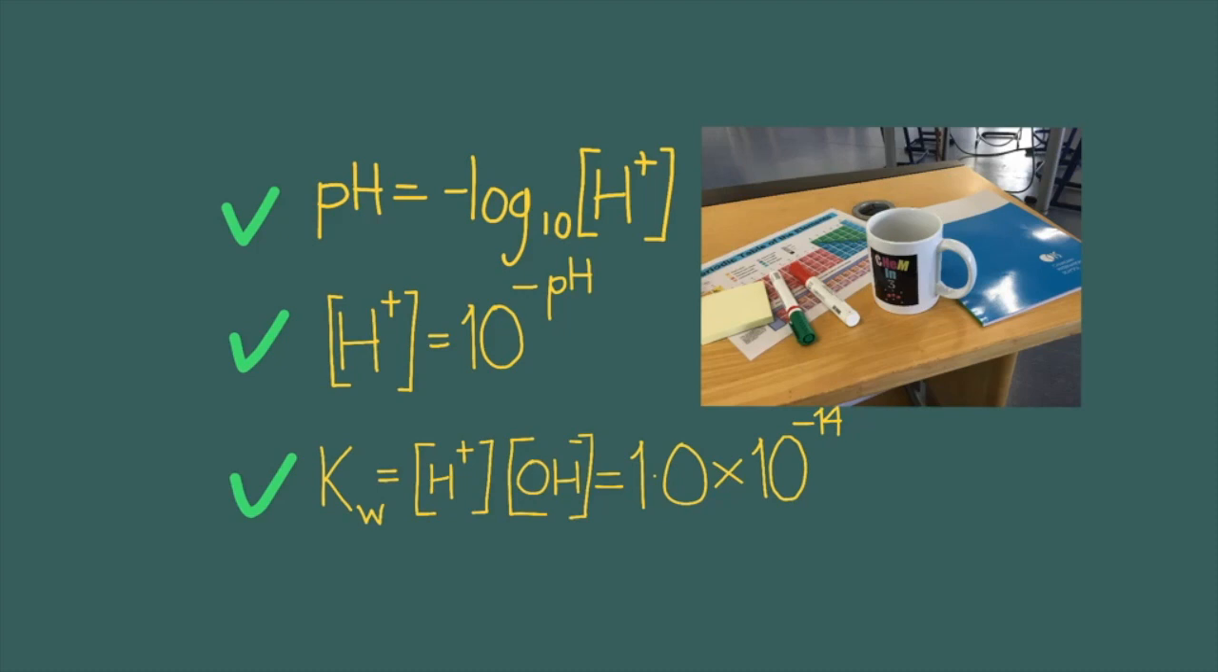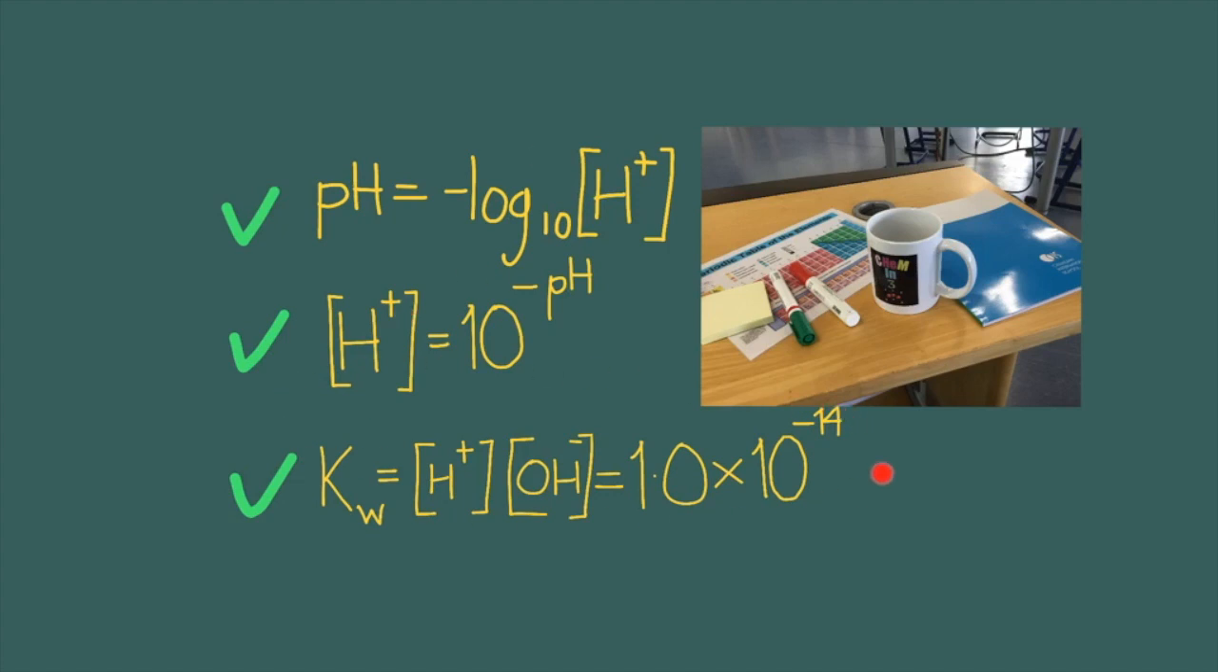Welcome again. In this episode of CHeM In 3, we look at the expression pH is equal to the negative log to the base 10 of the molar hydrogen ion concentration, and the fact that hydrogen ion concentration can be determined by this expression, 10 to the power of negative pH, and how these two can be related to this,